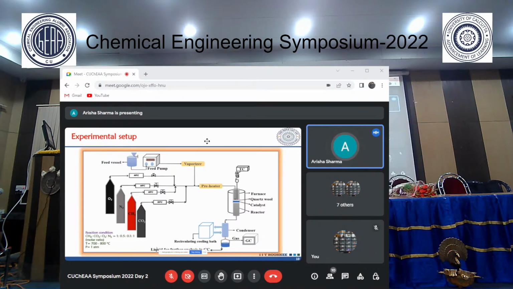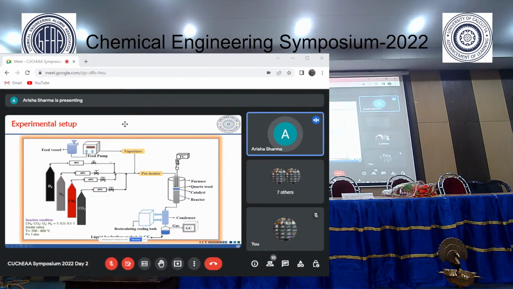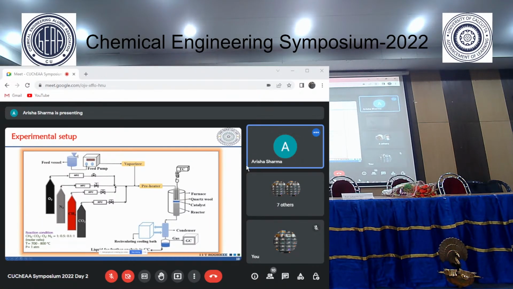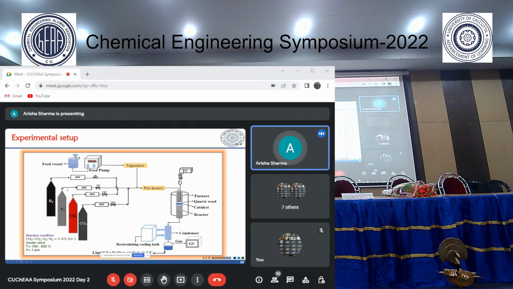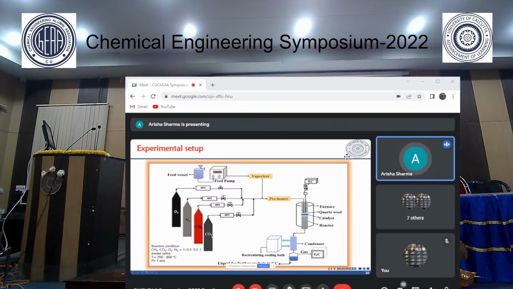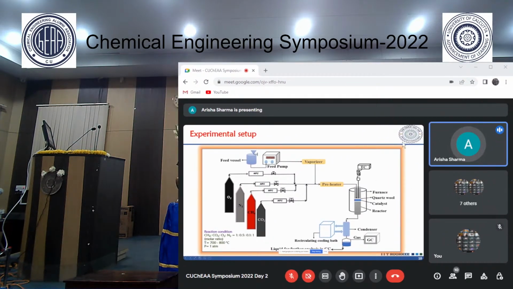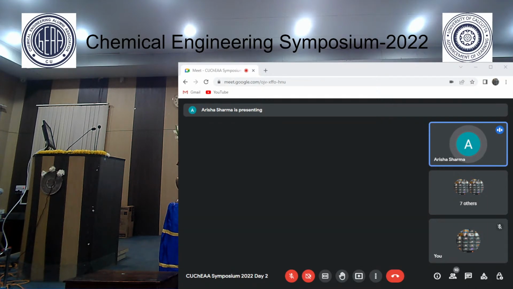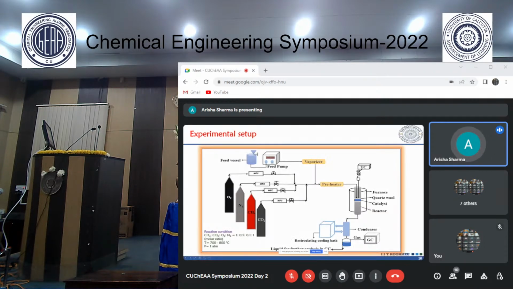So this is my experimental setup. My setup consists of a continuous tubular downflow reactor, and it uses 4 gases: oxygen, nitrogen, methane, and carbon dioxide. We are feeding water through the feed pump into a vaporizer, where it is converted into steam. All 4 gases and the steam are fed into the preheater, where they are preheated and mixed,